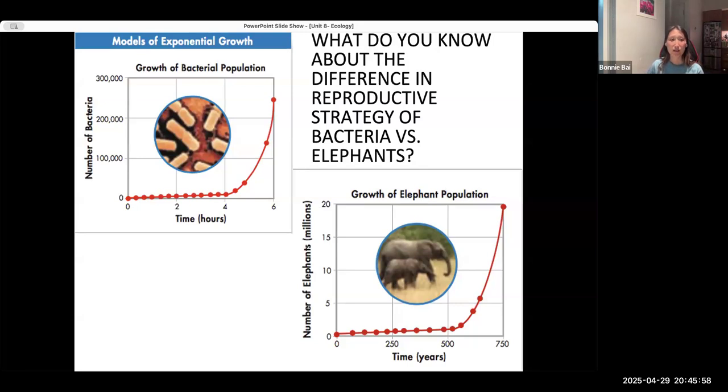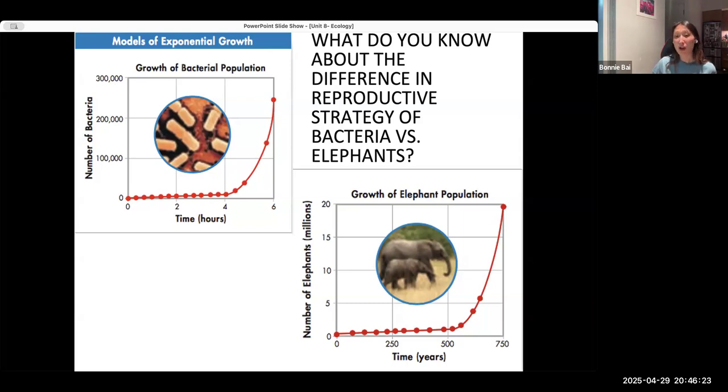And sexual versus asexual reproduction matters. The gestation period, if I said that word right? Elephants don't just reproduce and have the baby immediately. They take many months for the baby to develop to the point of birth, versus bacteria, which just make copies of themselves. It's just a different way of living. Very, very different way of living.